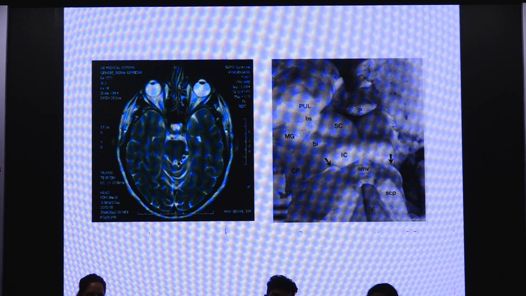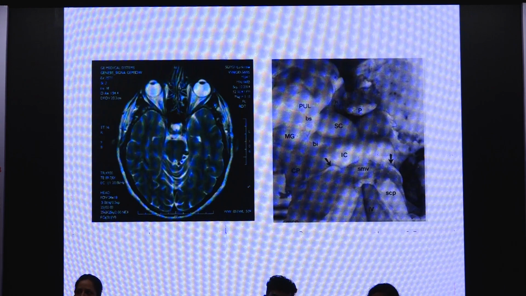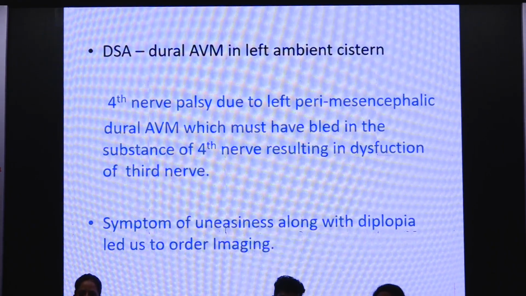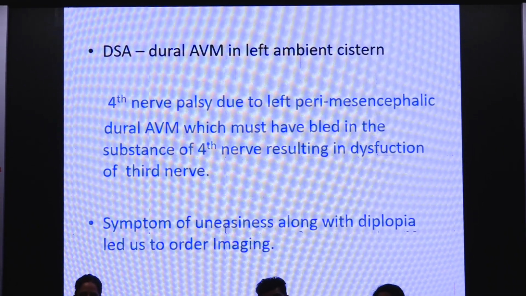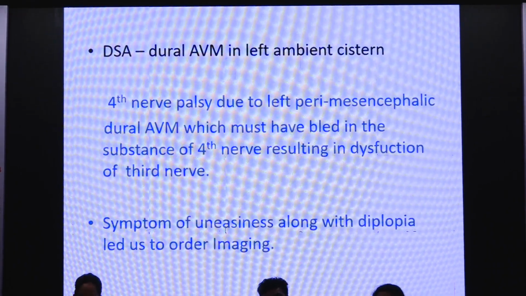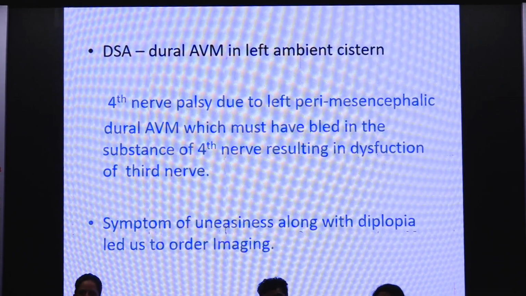But these blood vessels are soft and usually don't cause any compression. Why is there a palsy in this patient? Most probably, as he kicked, it increased the intra-abdominal pressure, or these vessels are very weak vessels. DSA was done, and it ruled out a dural AVM in the left ambient cistern. There was no indication of subarachnoid hemorrhage in this patient. So the fourth nerve palsy in this patient due to a perimesencephalic venous anomaly might be because of a blood